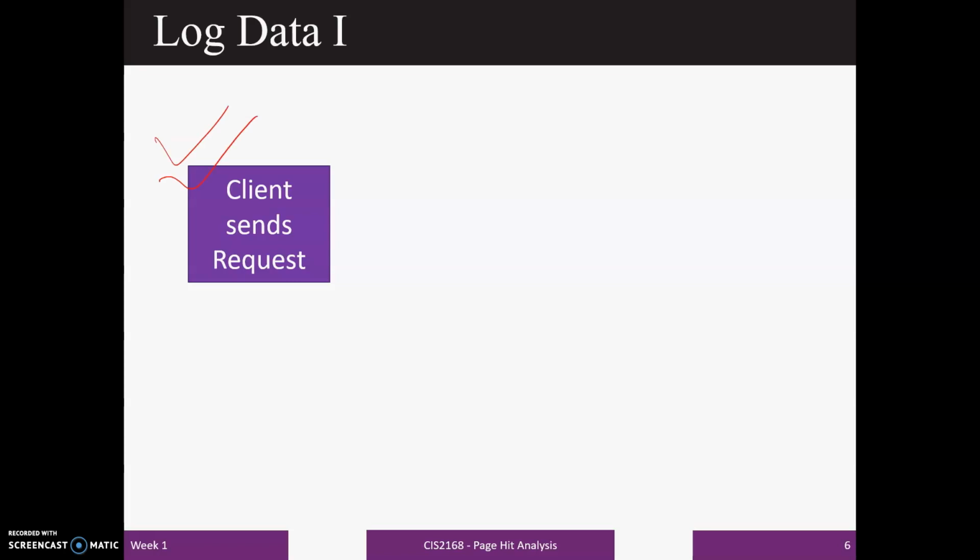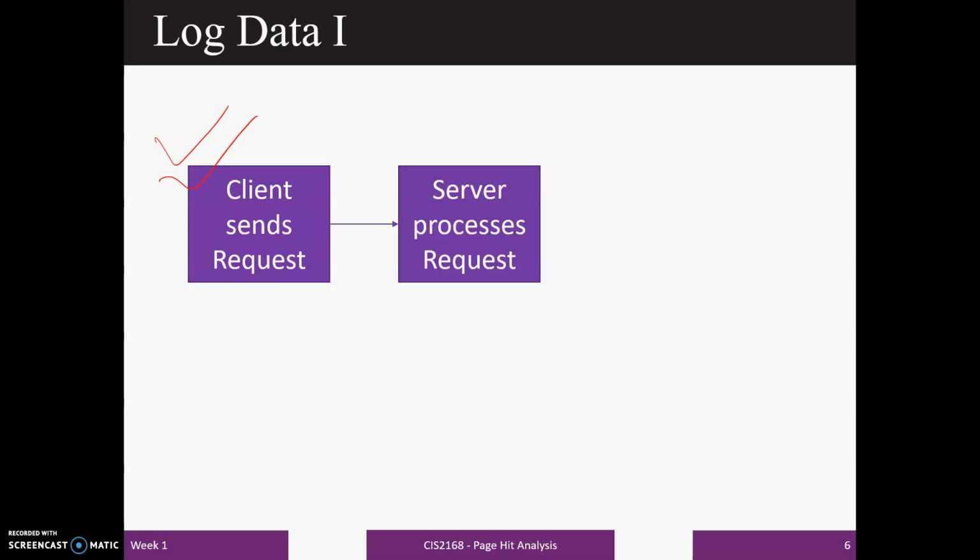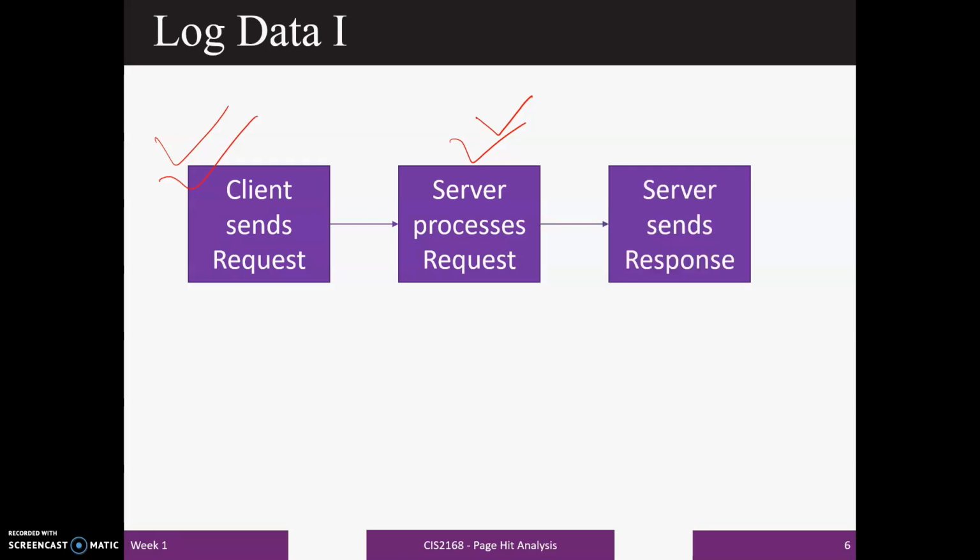The client will send a request for a particular website. So the client is requesting a website or a web page. Then what will happen next? The request will reach the server. The server will process the request, and then after processing the request, the server sends a response to the client.